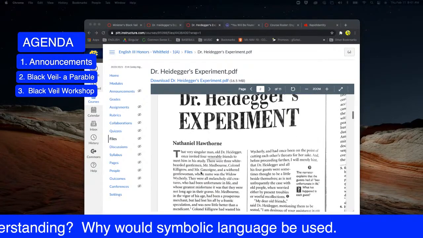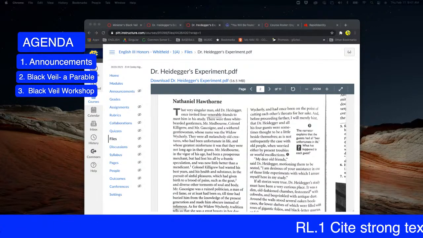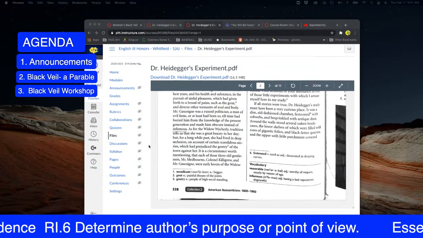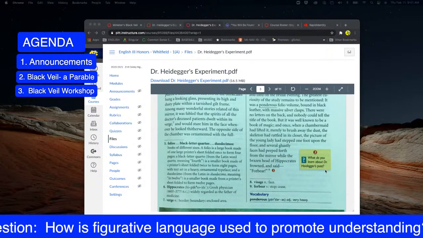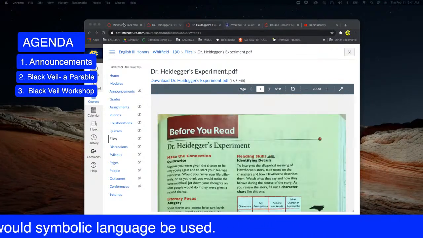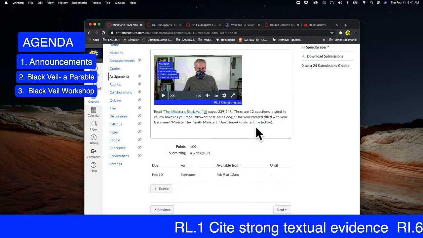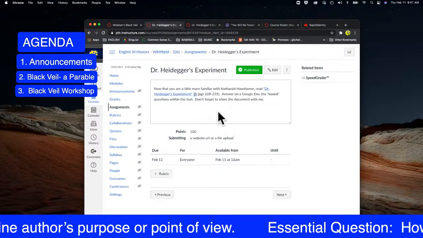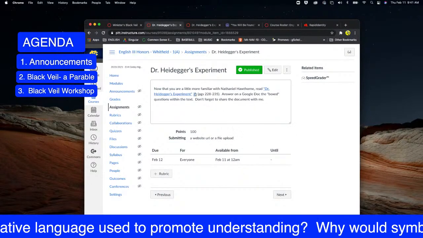All right, so Dr. Heidegger's Experiment, make sure that you are working on that. And I believe part of the assignment too is to include the questions in the text. What do you learn about Heidegger's past? So some of those questions within that document, I want to make sure that's correct before I send you moving on. Yeah, answer on a Google Doc the box questions within the text, just like we did for the Minister's Black Veil. All right, so